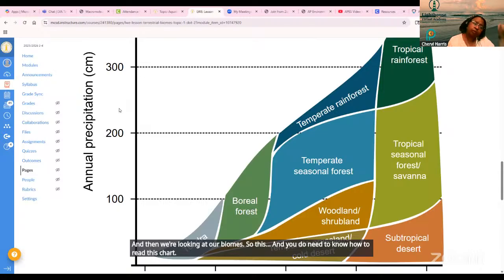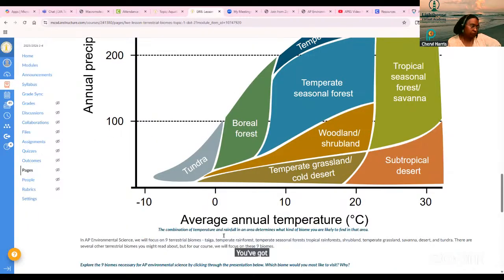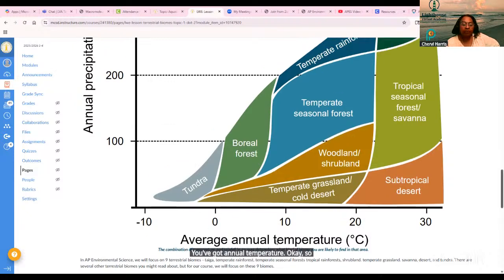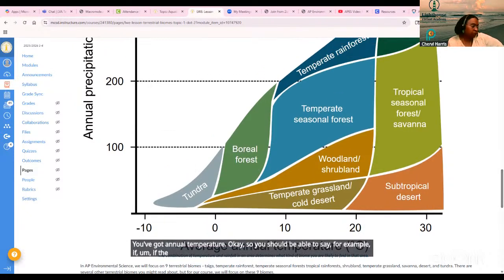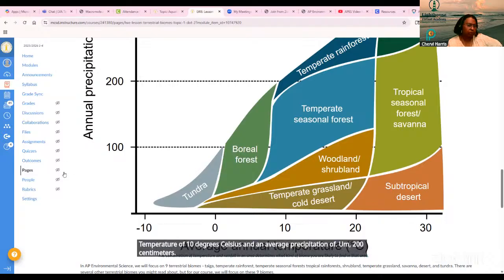All right, so on the left side, you have the annual precipitation. When we talk about biomes, we describe it by annual precipitation and average climate. So on the left side, you've got precipitation, and on the bottom, you've got annual temperature. Okay, so you should be able to say, for example, if the question tells you that location X has an annual temperature of 10 degrees Celsius and an average precipitation of 200 centimeters per